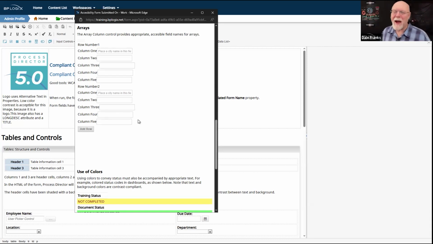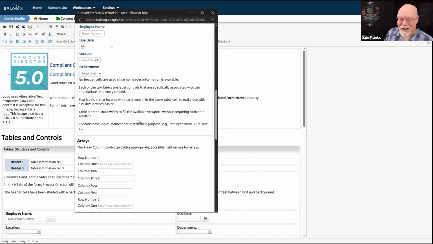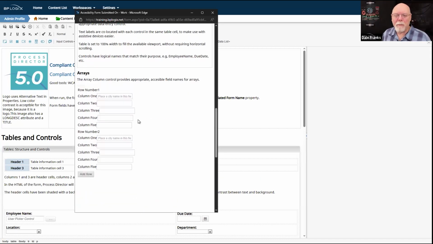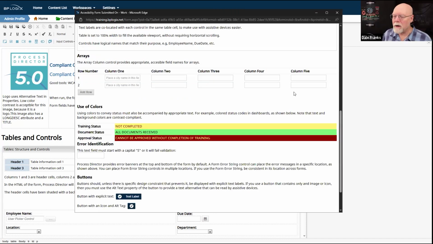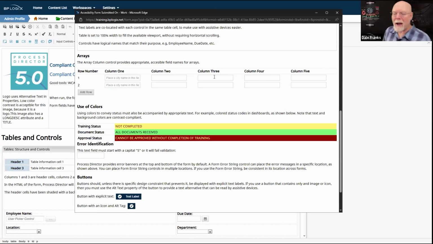But this behavior of refactoring the tables, for everybody else, except for the last few holdouts on the old tiered license scheme from 2017, Process Director is going to do all this for you. And if you make the screen bigger again, when the array comes back, you'll be back to the regular array column display.